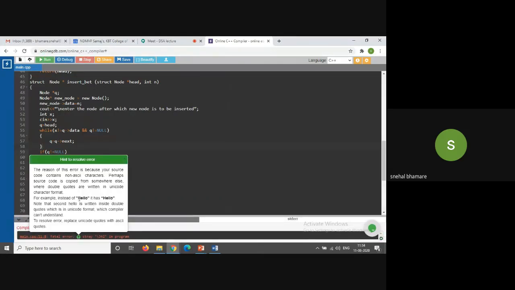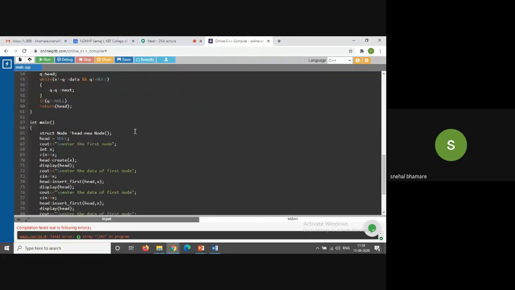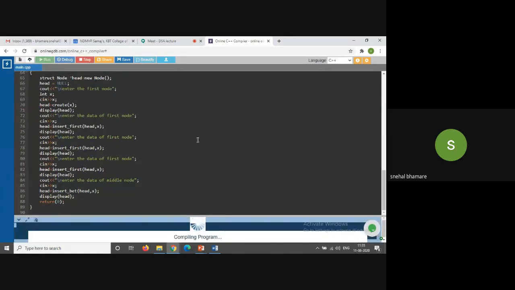Fatal error: the reason for this error is perhaps non-ASCII characters in the source. It is giving a problem with the double quotes. Okay, that error was because of the double quote symbol. Fine. We will check it now.